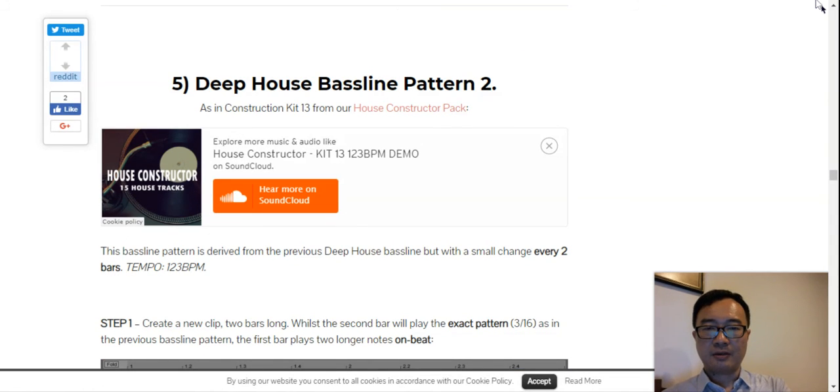In the next part, I'll show you how to actually draw out the whole chord